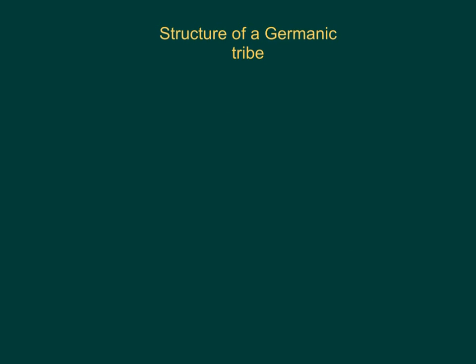Connected to the differences between the Roman organization and the Germanics is the internal structure of a Germanic tribe. So this is a general structure of all tribes: the Franks, the Huns, the Visigoths. Obviously it's simplified, but just so you have an idea. The main thing that we need to know here is that there was a chief, or a lord. He controlled a tribe,